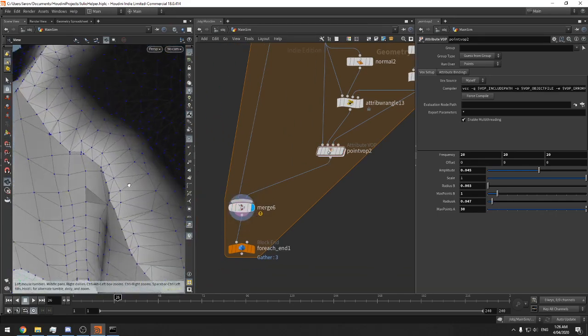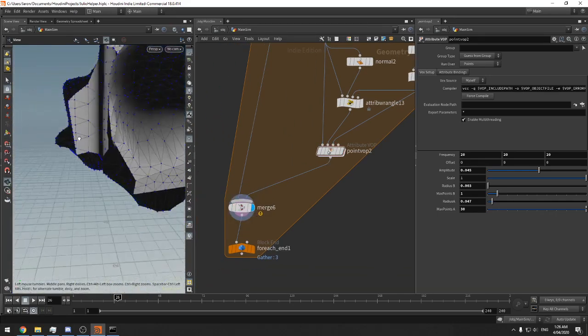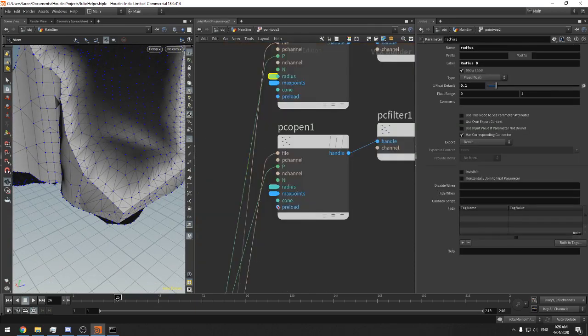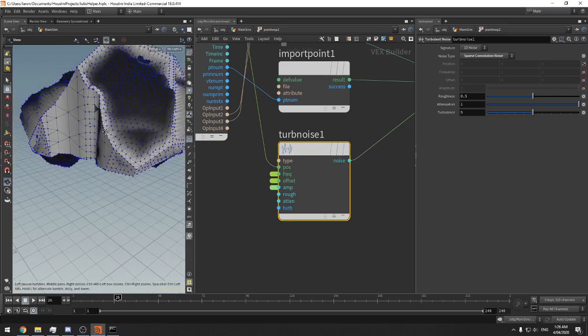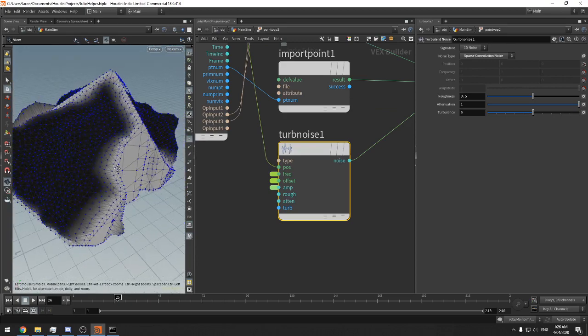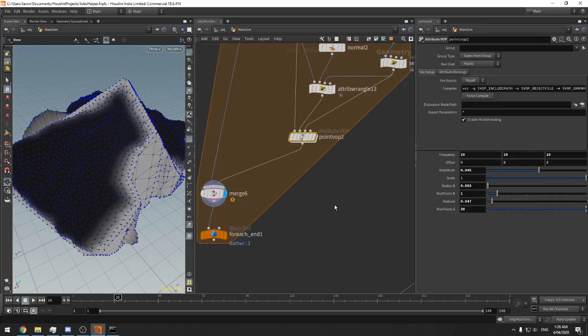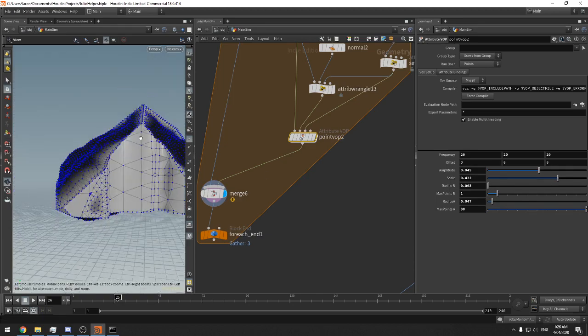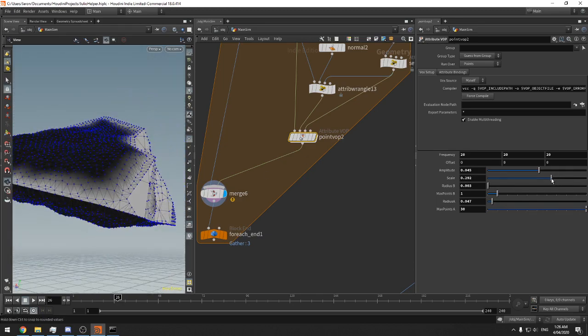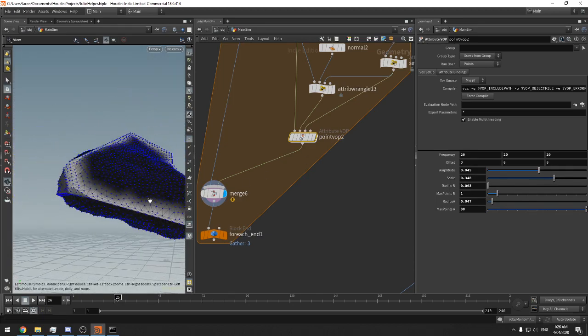So now it's meshing up quite nicely along the edges, and I'm going to dive inside here and change this to a sparse. Sparse, if you don't know, goes in and out, so it's -1 to 1. And I'm just going to mess with these values a little bit, so I'm going to bring the scale right down, say like that. And that's basically how I did